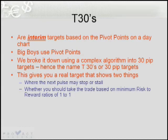Now the average trade stop at our level is 30 pips. It's different for every trade, but an average of 30 pips. Therefore, to have a minimum 1 to 1 risk to reward ratio, you would need to have a target 30 pips away. If you don't make that trade correctly,